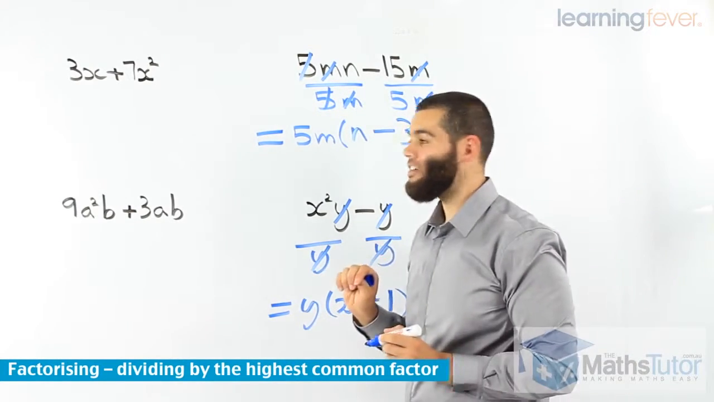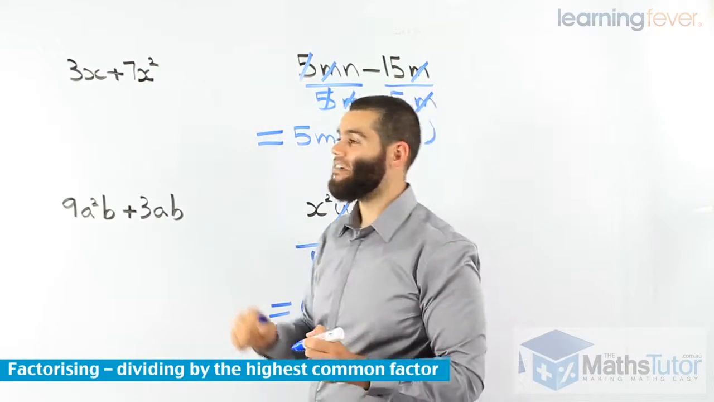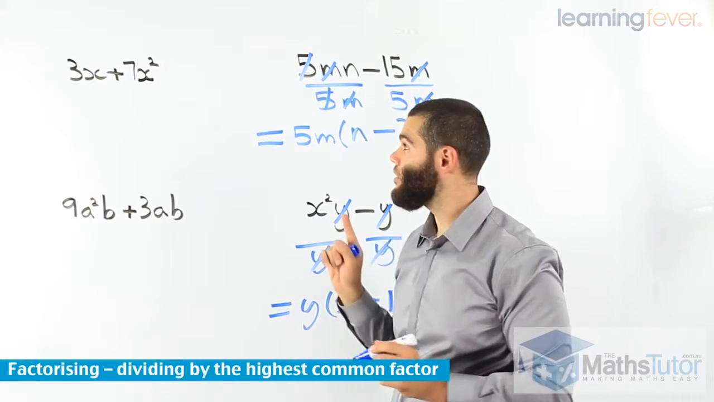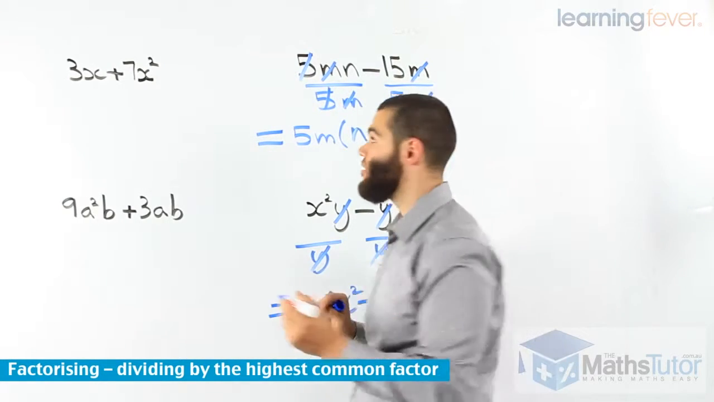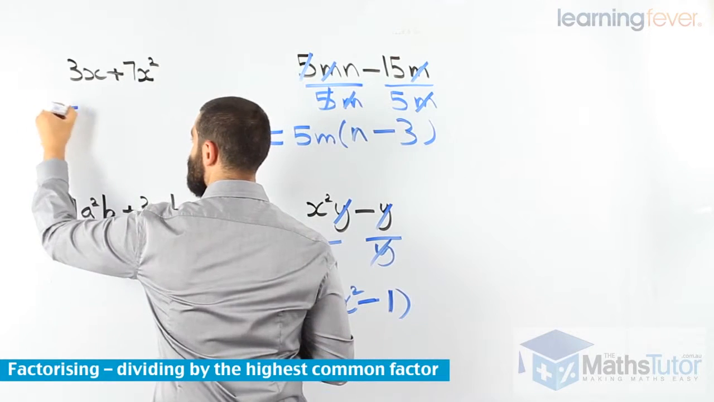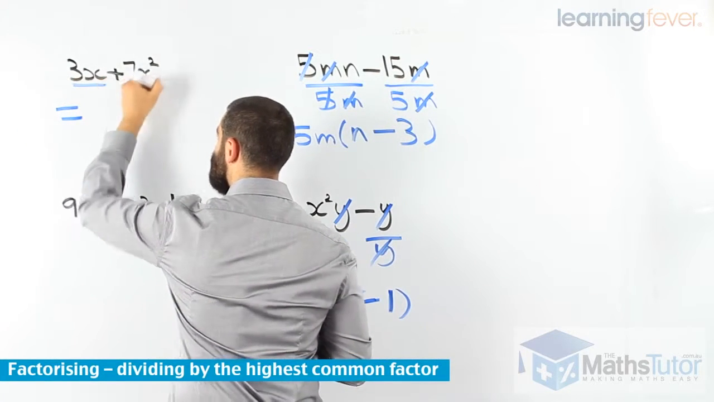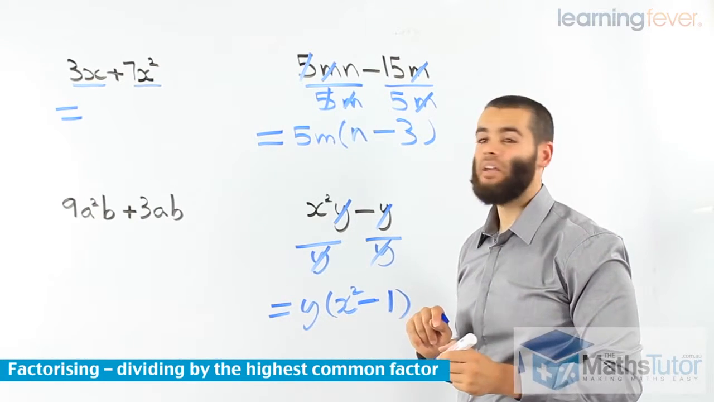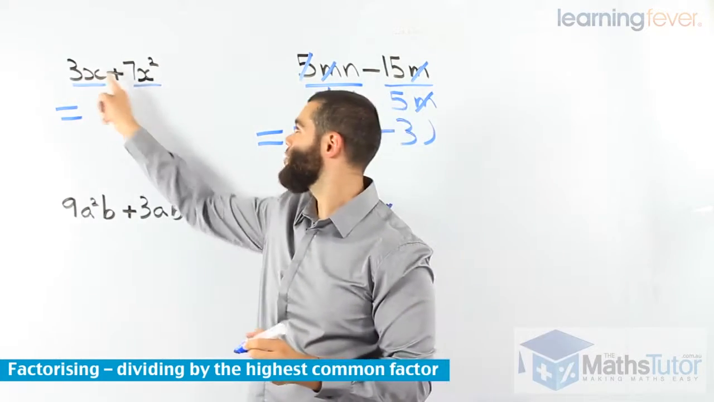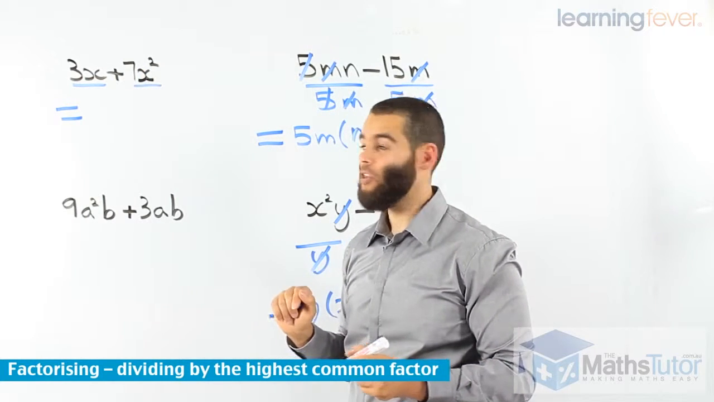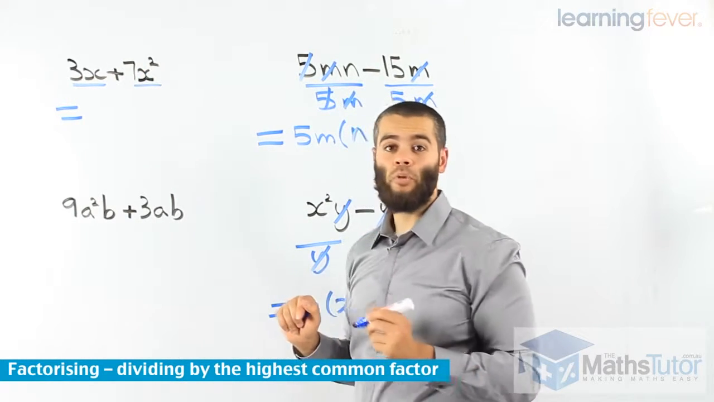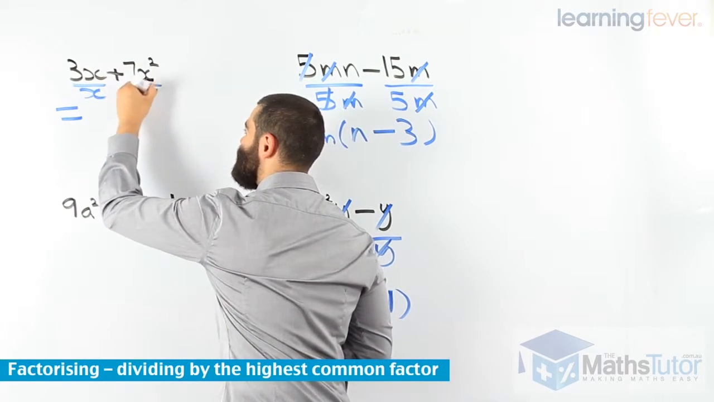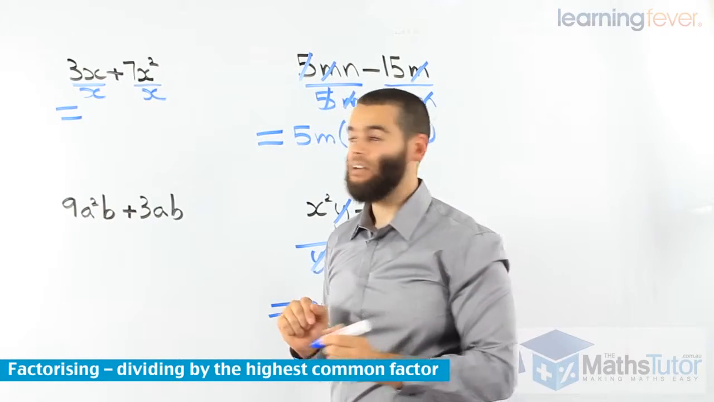Let's do the last two. We have 3x plus 7x squared. 3x plus 7x squared, we want to factorize. What's the highest common factor? We know there is no highest common factor in the 3 and the 7. They are both prime numbers. We look for the pronumerals. We can identify that x is the highest common factor. So x,